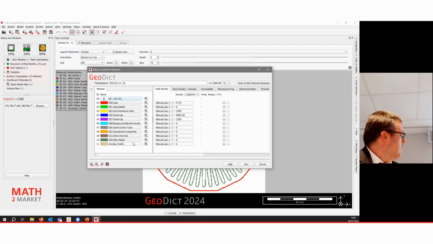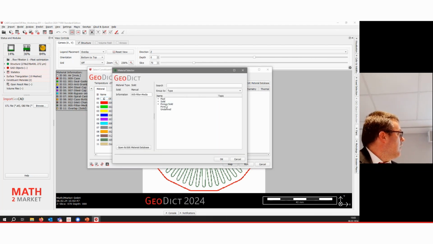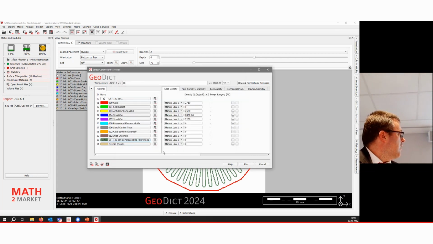Let's make it thick, and we have our filter media. This is actually a porous media with the same fluid inside. We don't need the solid densities. We don't have any mechanical simulation here, so we just neglect that. That's all solid, everything out there.